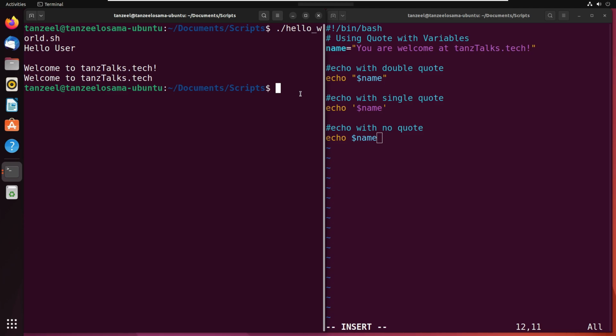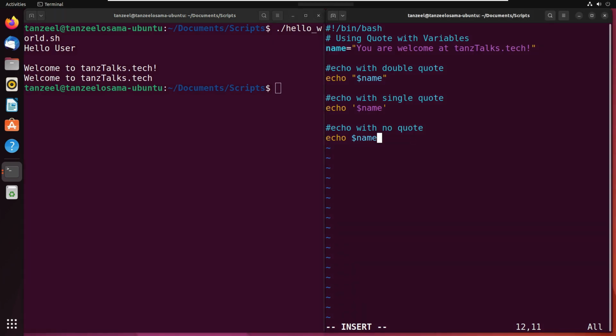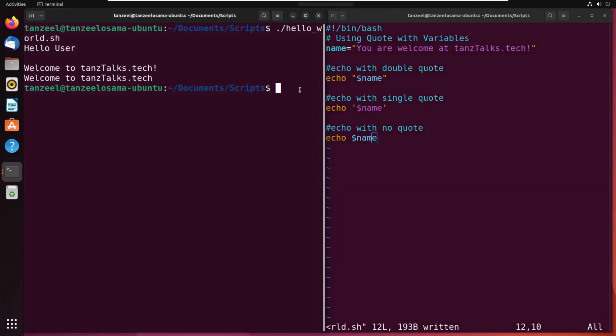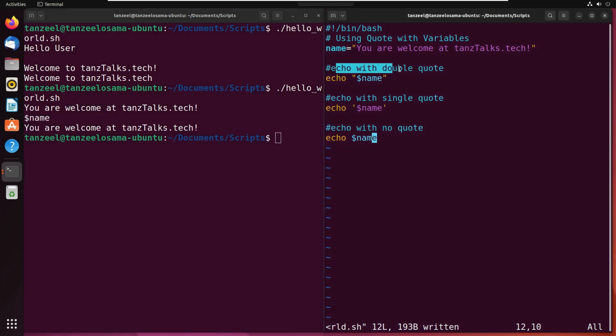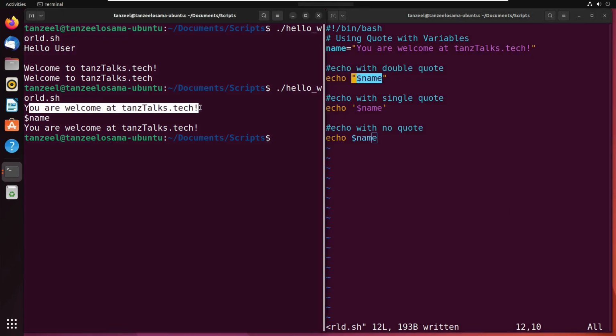Let's run this script and see what we are going to get. Let me first save it. Escape :w, and now let's run it. You can see that when we are using double quote with the variable name, it's working perfectly fine.